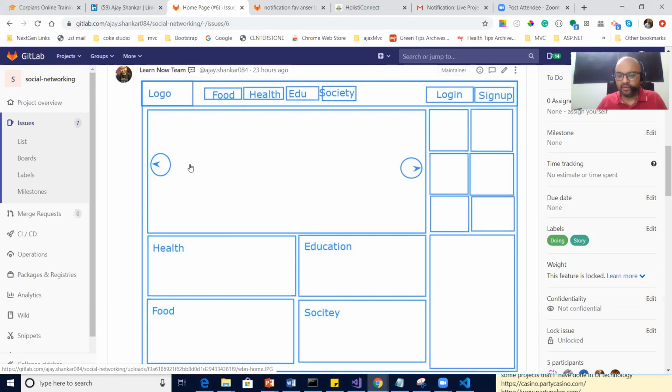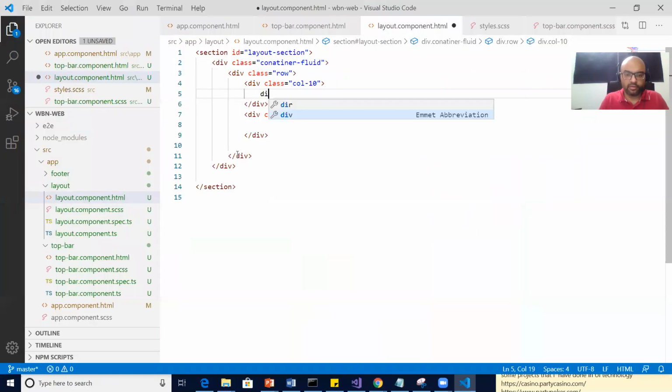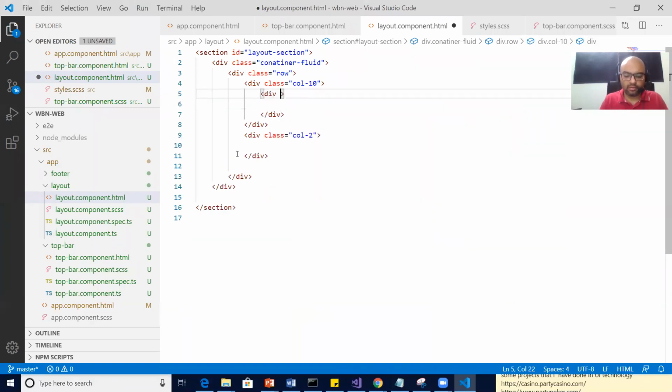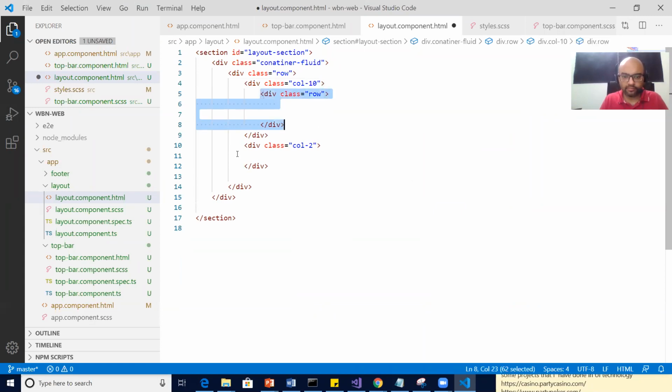We'll be having 1, 2, 3 rows, right? Yes, sir. So in the column, you cannot again start a column. If you wanted to divide a column further into columns, you have to put a row first. Understood? So row, and first of all 3 rows, as you said.